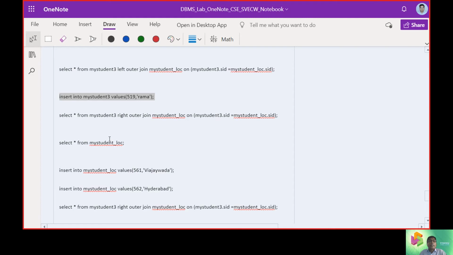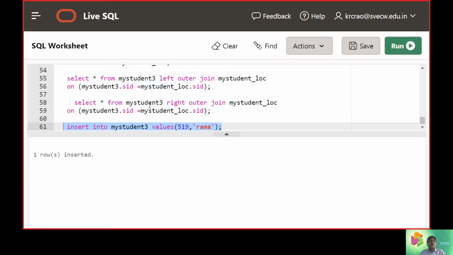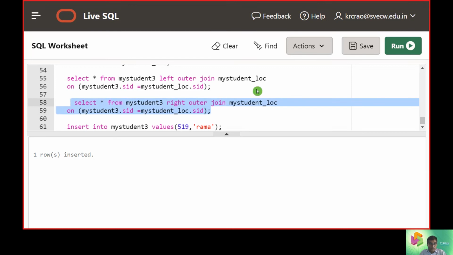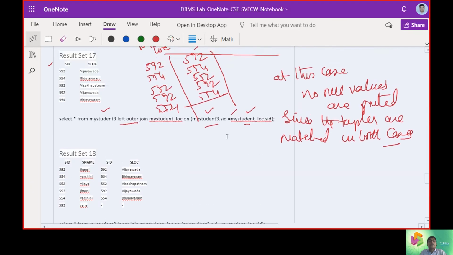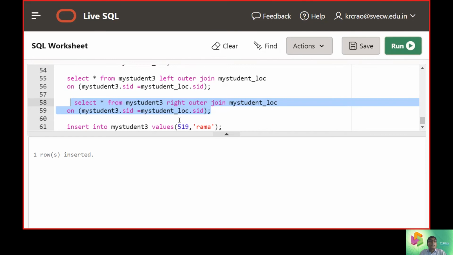One record is inserted, and now just see the thing. Earlier we had full compatibility, with no null values. But now on the right hand side, we are getting 519.